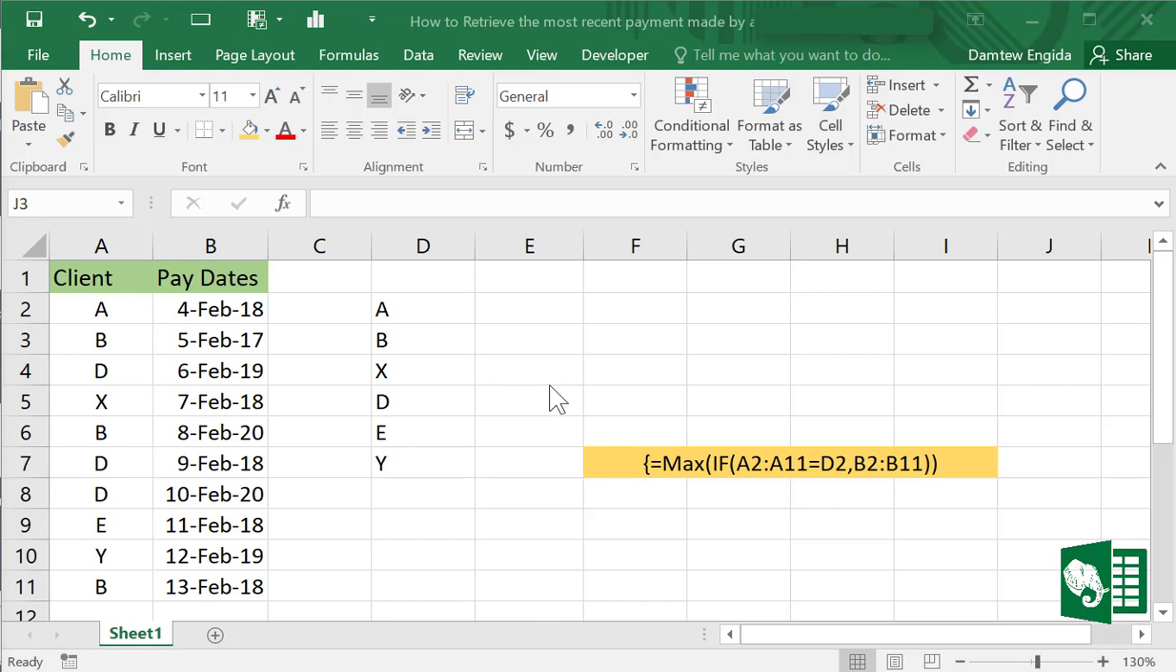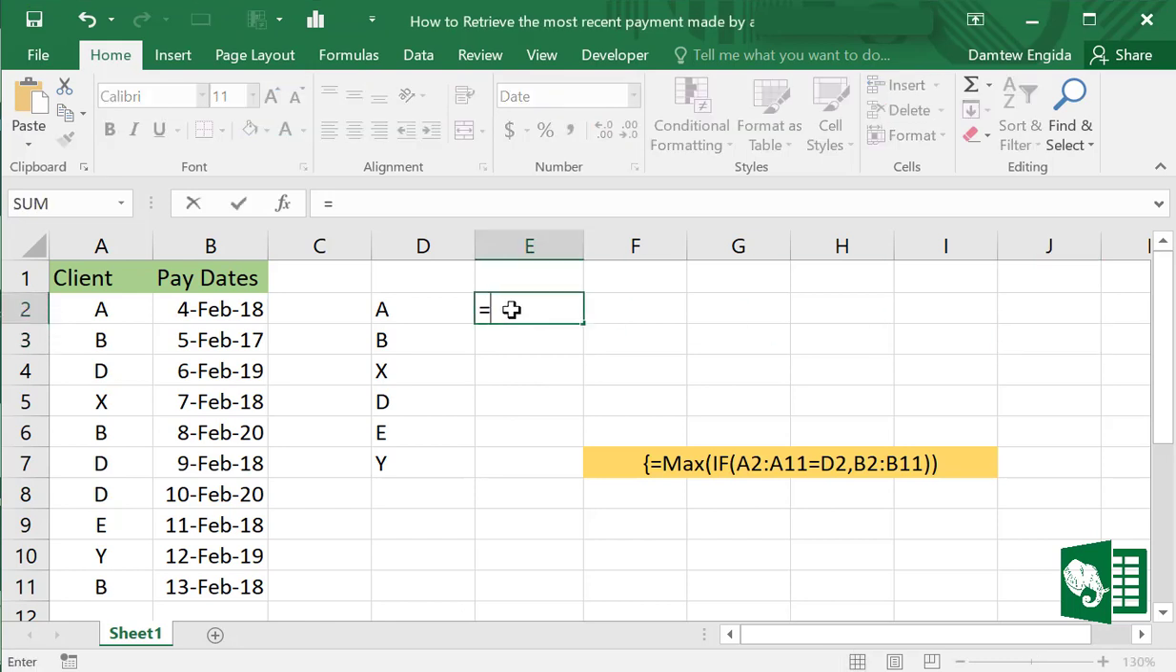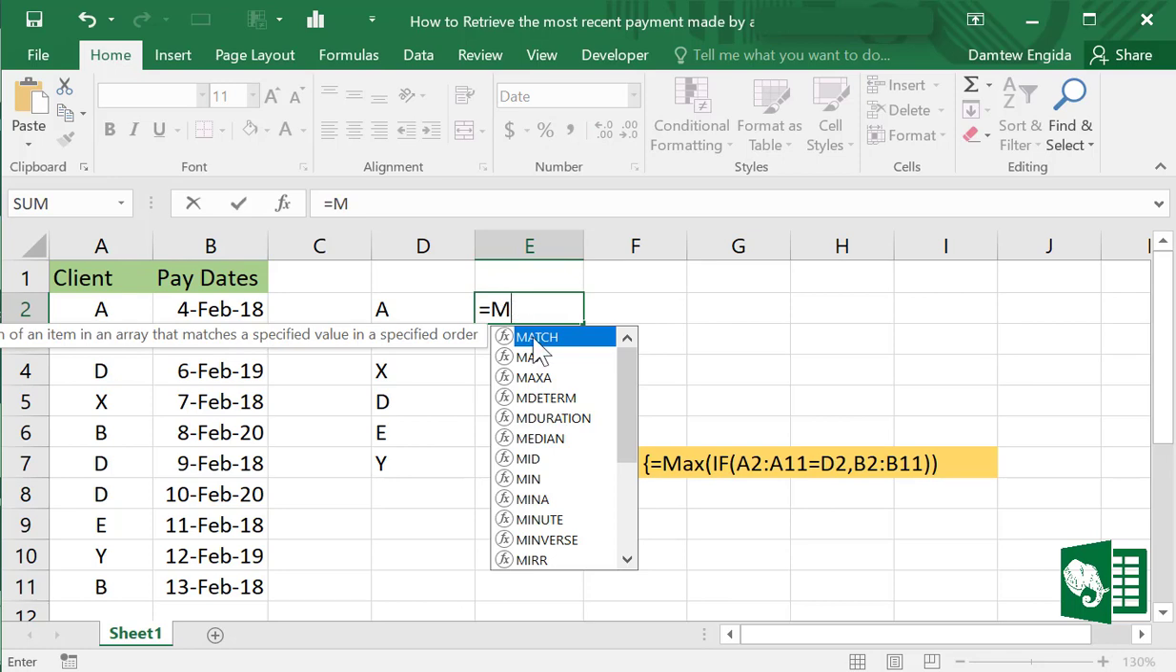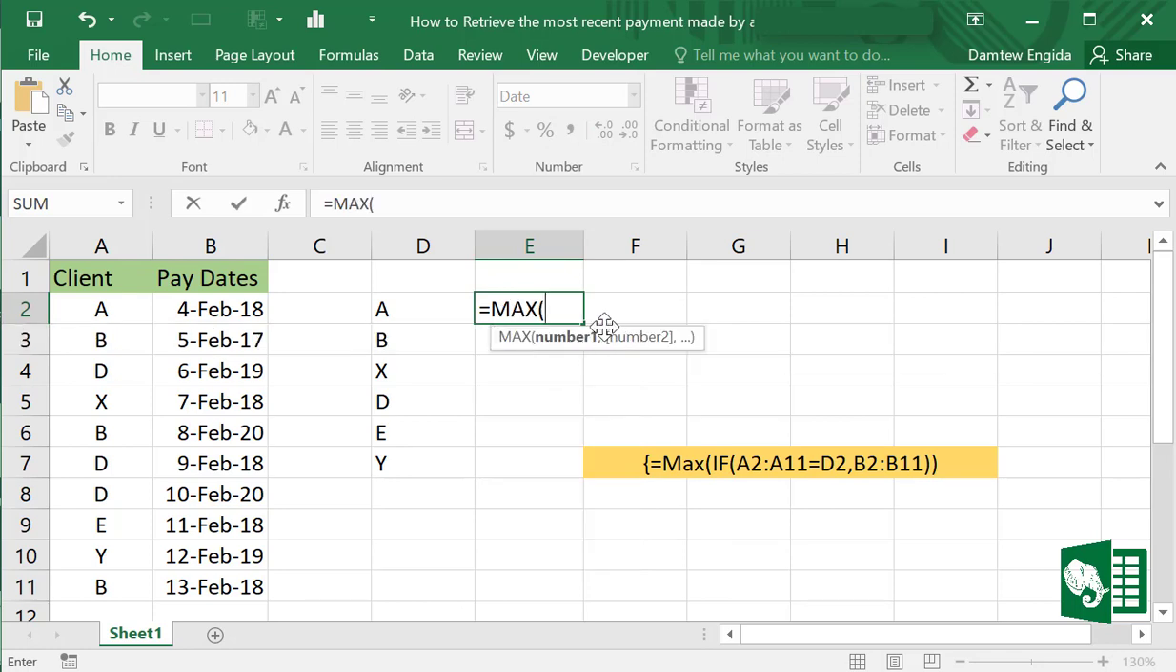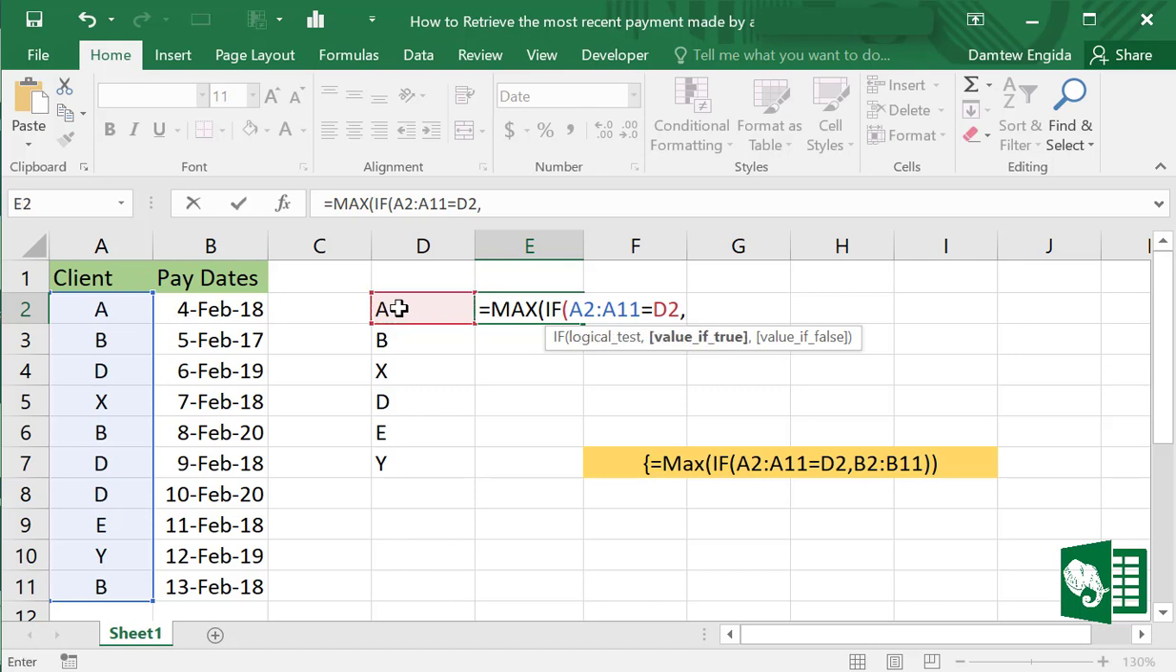In cell E2, we'll enter the formula, and then we'll apply the array: equal to MAX. Select the MAX, and IF, select the IF, and we'll select cells A2 to A11, and is equal to select D2, comma, and we'll select the array from B2 to B11, close bracket,